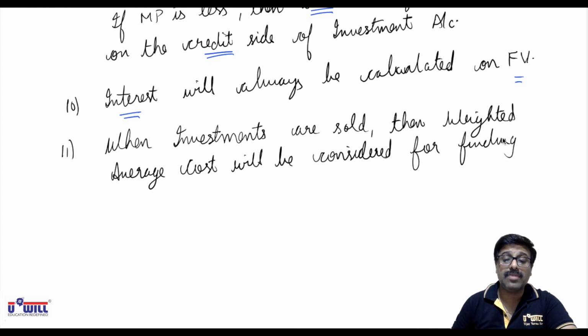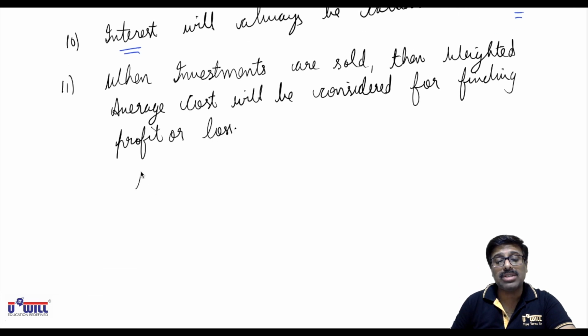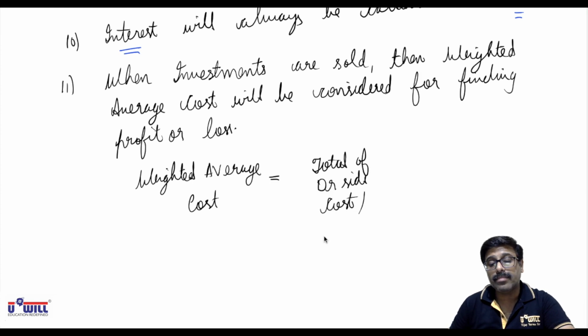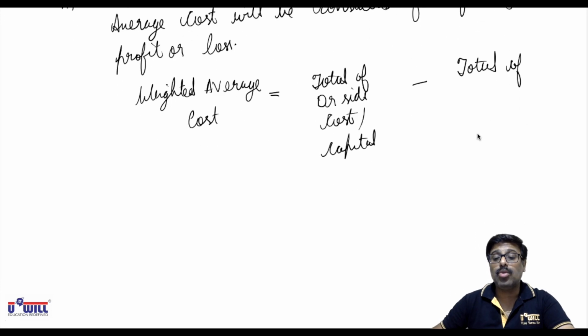Weighted average cost will be considered for finding profit or loss. Now, how do you find this weighted average cost? Weighted average cost at that point of time will be equal to total of debit side cost or capital column minus total of, until that stage of selling the securities, total of debit side